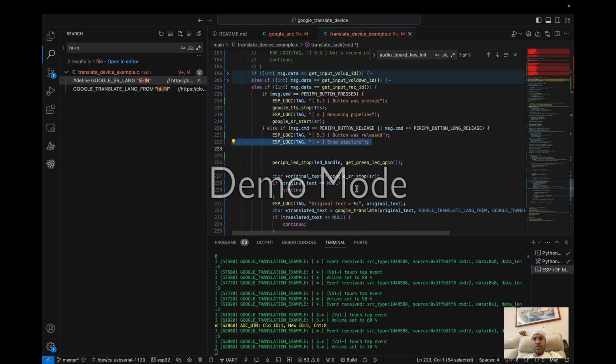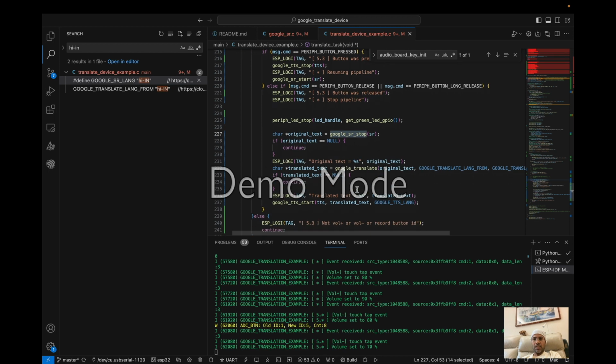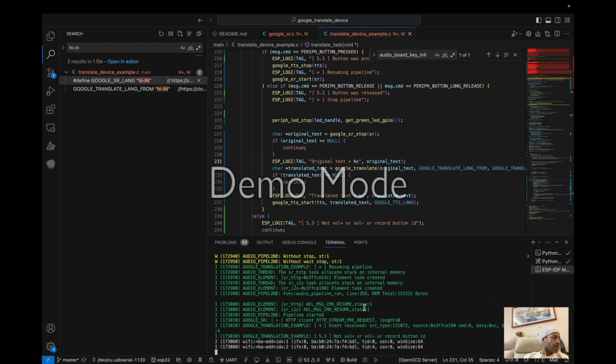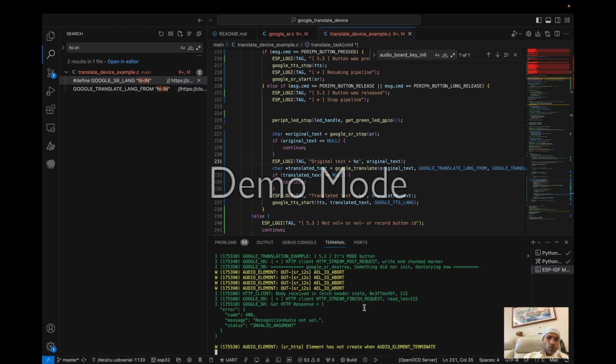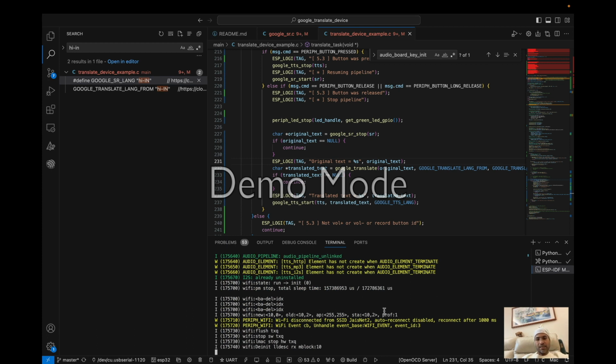So we're going to try to stop this, and then it calls the Google Translate original text, and we will try to do that. Now I will record the message and try to send it. आप कैसे हो? But before I could